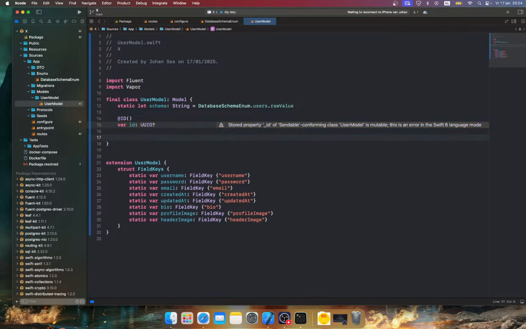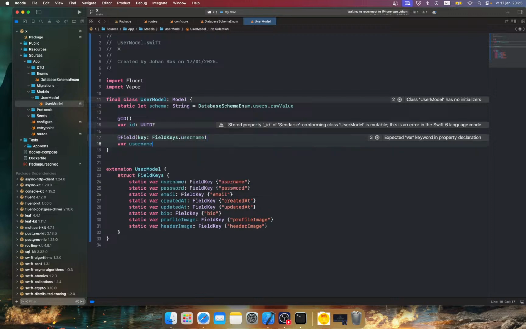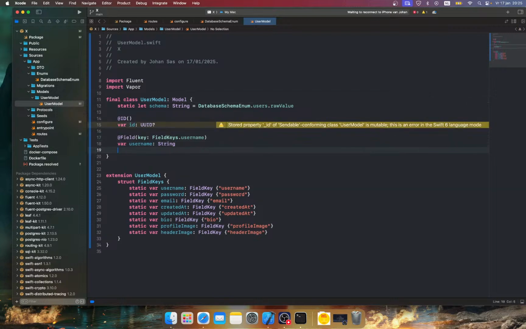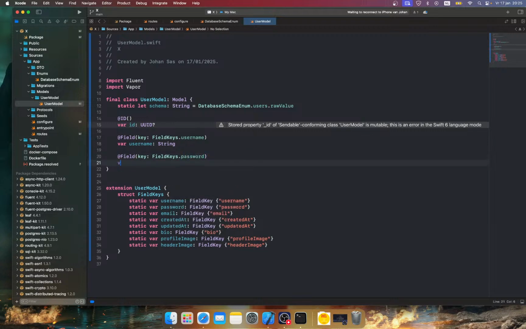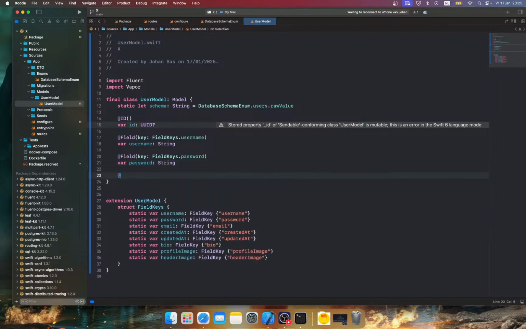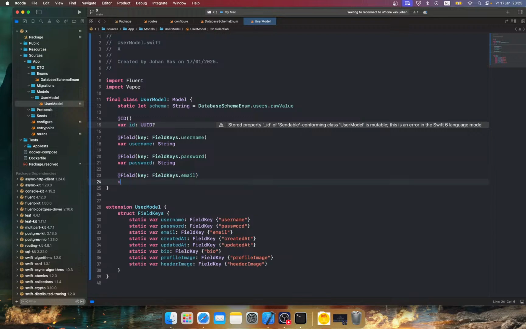So now what we can do is add @Field, open this one up, the key. So we're going to call FieldKeys.username, var username, going to be a String, and this is not going to be an optional because the user needs to add a field, right? Then we can say add @Field. Key is going to be FieldKeys.password, var password, and the password is also going to be a String. Add @Field key FieldKeys, next one is email, var email,